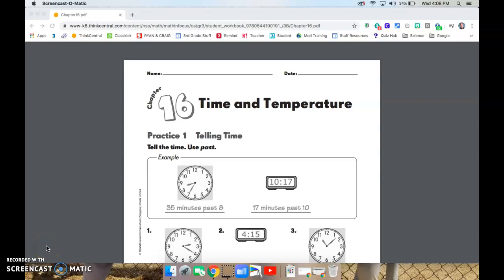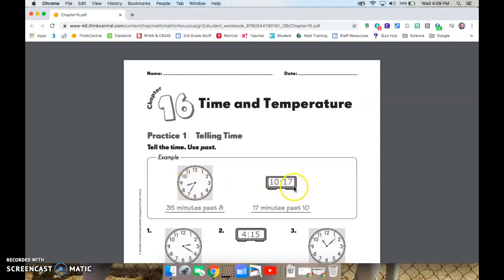All right, boys and girls, today we are going to begin chapter 16 with time and temperature. And today we're going to work on telling time using the word past. So we're going to count the number of minutes past the current hour. So our examples are 35 minutes past 8. So you can count, 5, 10, 15, 20, 25, 30, 35 minutes past 8 o'clock, because it's not quite 9